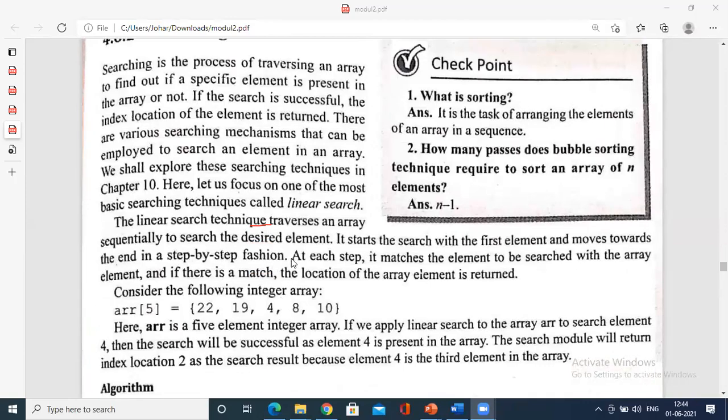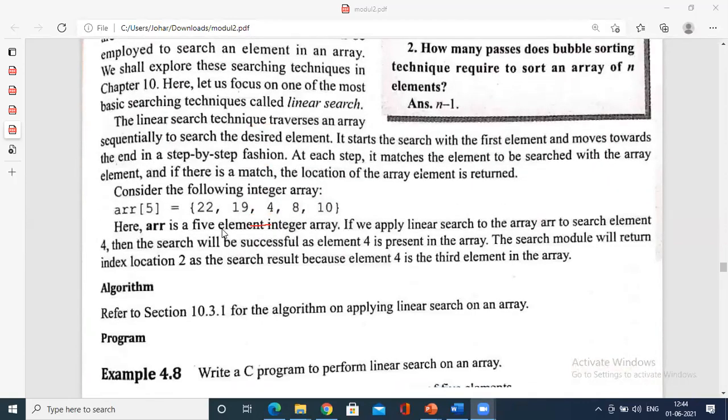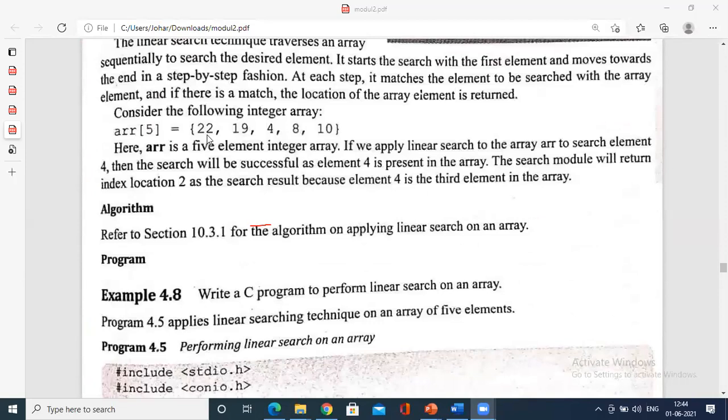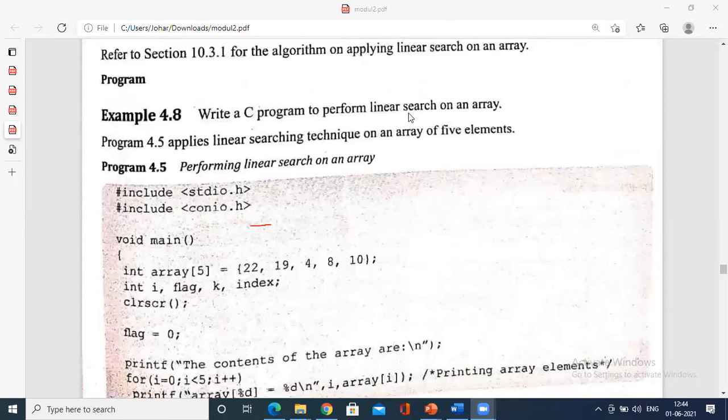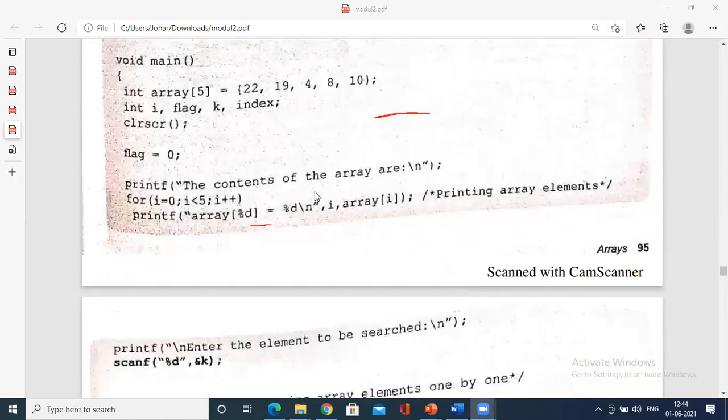In the case of linear search, what you do is you just look for a particular element. For example, if the element is 22, you need to look whether this 22 is available in array of 0, array of 1, array of 2, array of 3, array of 4 as such. If it is located initially itself, you fix that it is available there only. So let me go to the program. See here, linear search, that is what I was telling you about. Linear search is one of the simplest searching techniques, wherein you simply look into the elements.